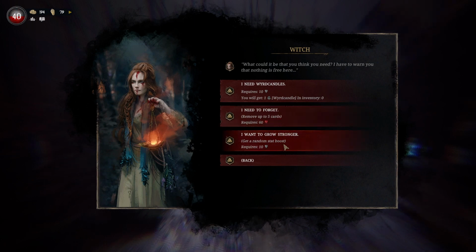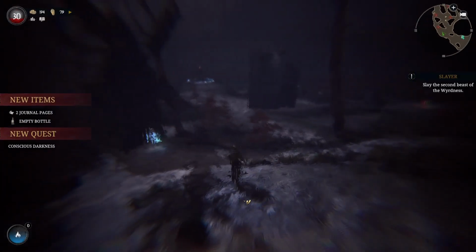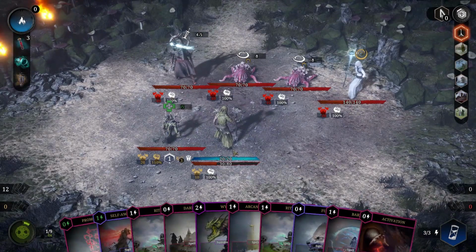But we will just say, we could take some candles here. Although so far we are running around the weirdness without that much happening, so we can just say we want to grow stronger, and by that we got 10 armor permanently for that run. And that is actually pretty good. Well, better than damage, and so far, good call. Alright, so we have